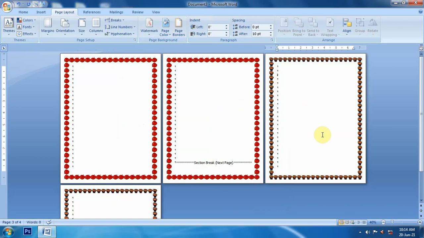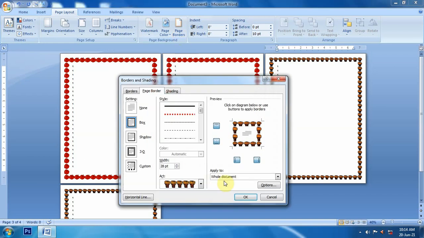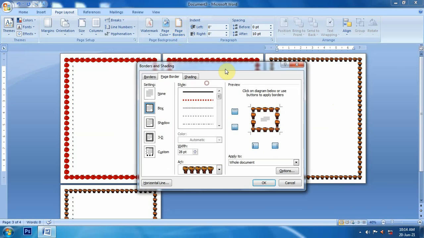So we can apply different page borders in different sections. If we have 4 pages and we want to apply 4 types of border in 4 pages, then we have to divide these 4 pages into 4 sections. So this is one of the properties that we can apply. If you want to remove it, all these page borders will be removed.